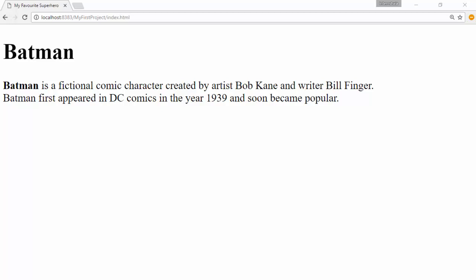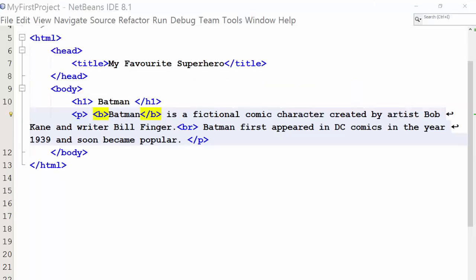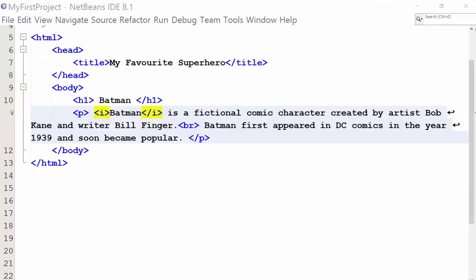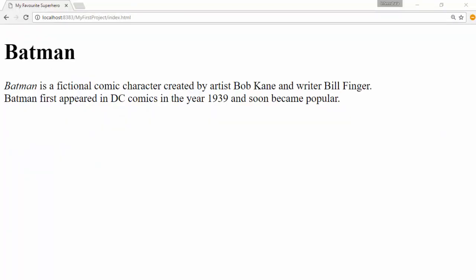For now, let us learn a few other tags that we can use for text formatting. Remember we used the B tag for a word to appear bold in the previous lesson? All of us have used bold and italic text in the Word documents that we may have created in the past. Similar to the way we used the B tag to make text appear bold, we can use the I tag to make text appear italic. The text that you would like to have such styling should be enclosed in the relevant container. This is how your text would look when you apply these tags.